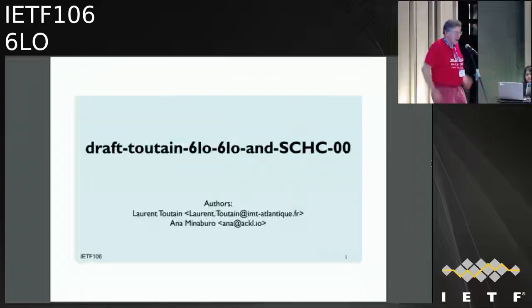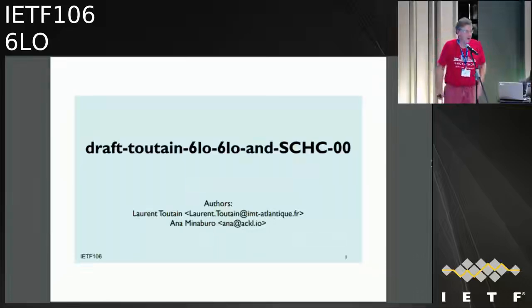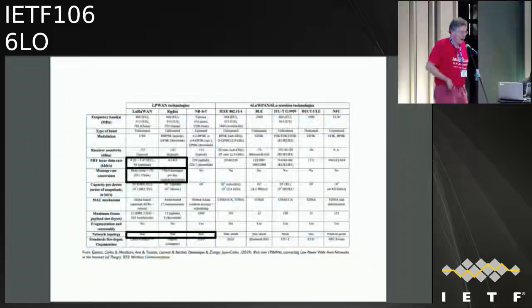And we have, of course, things that are common because when we started the group, we had a good source of inspiration that was 6LoWPAN. And also some authors are common to both groups. So you will find some common things, but in fact, the applicability statement is totally different because we are in